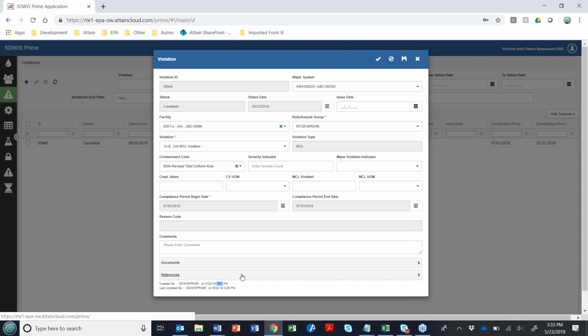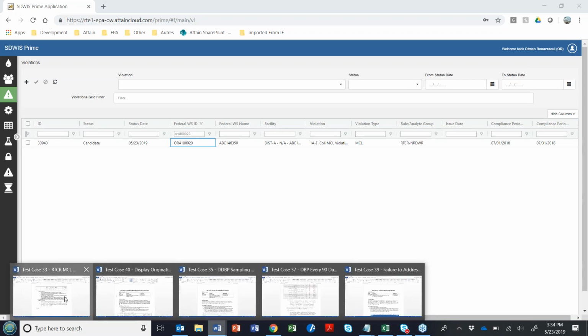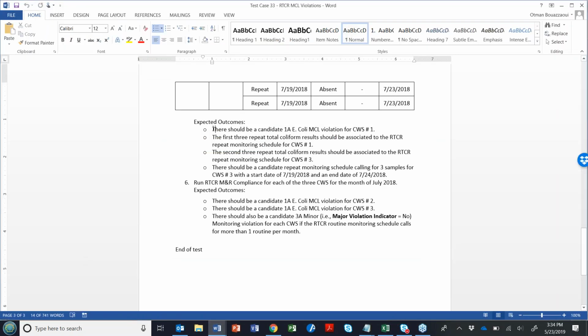It was as a result of entering that positive E. coli again. And it's an MCL violation for this water system. So that's one of the outcomes that we have here. We should see a E. coli MCL violation for water system number 1.